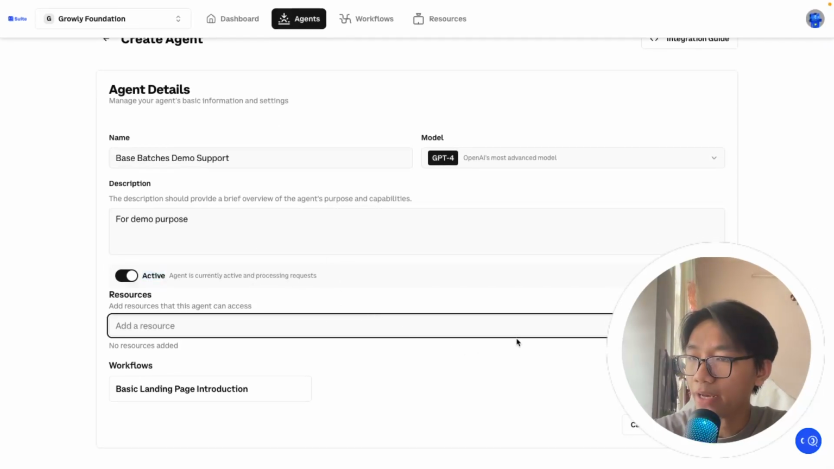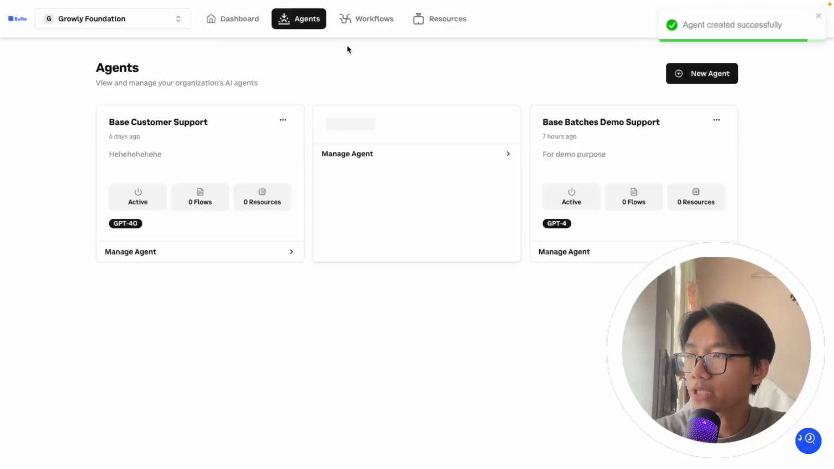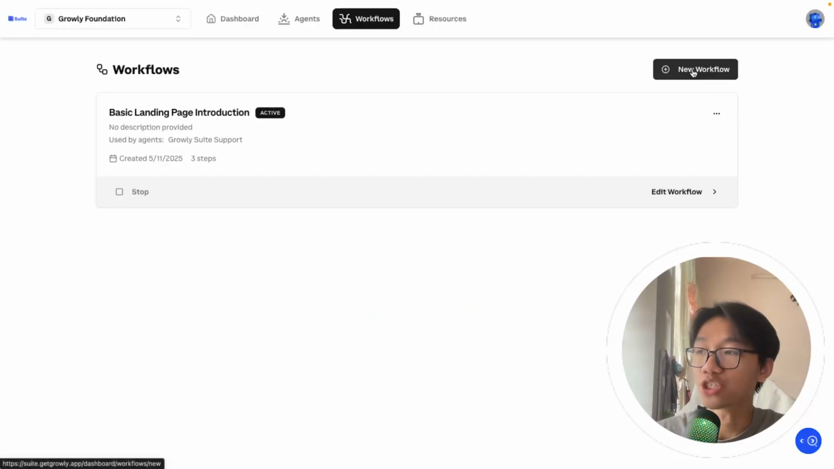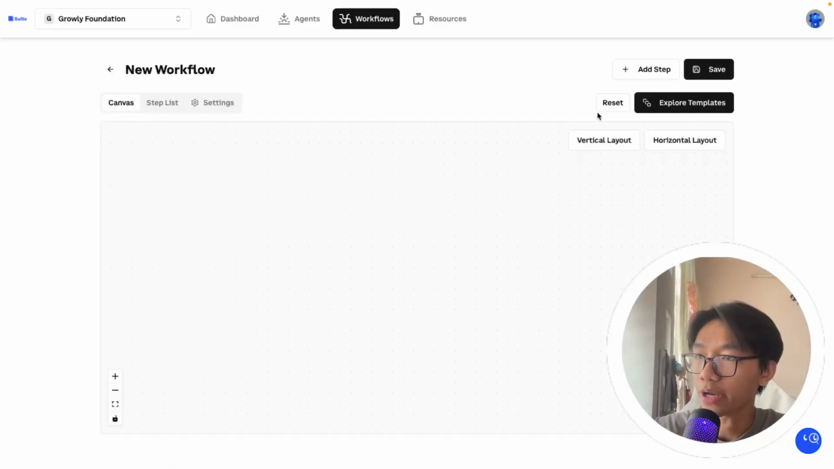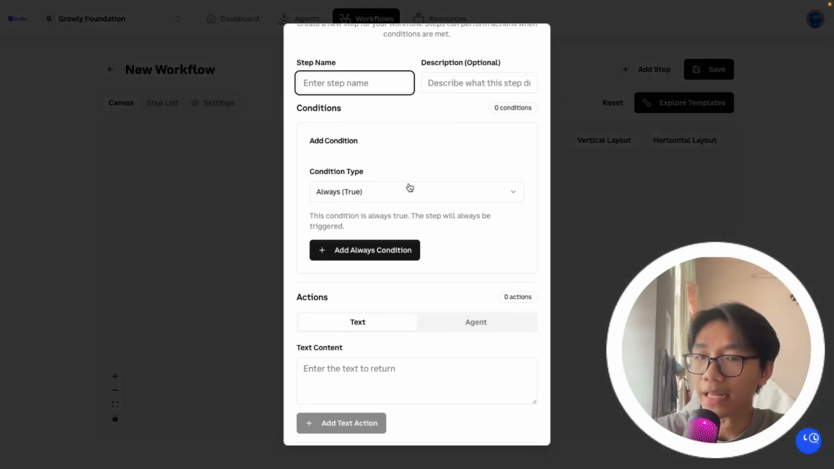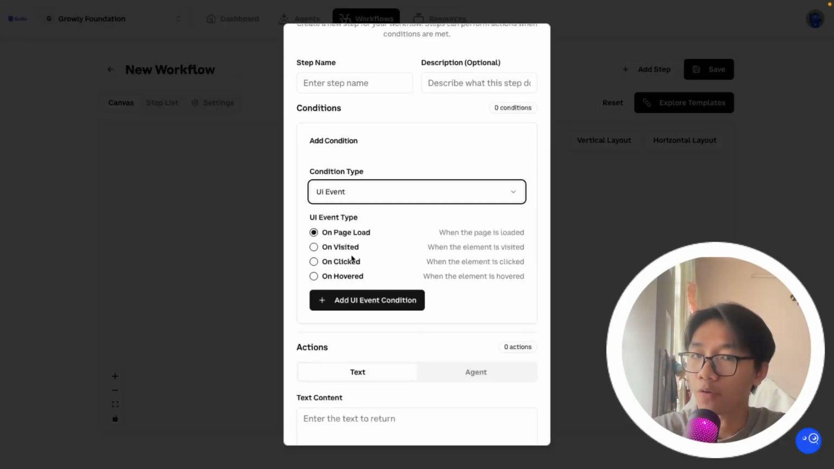And then I can also add the resource. I'm going to visit the resource later, but you can also choose from an existing workflow. Workflow is the concept that we built in our application that empowers the agent to follow the instructions the user already provided. To create the workflow, you go to workflows, new workflow, and then you can add steps for the workflow. In the step, you can specify the conditions for the step, if the step relies on another step or depends on the workflow, or a UI event like on page load, on visited, on click, or